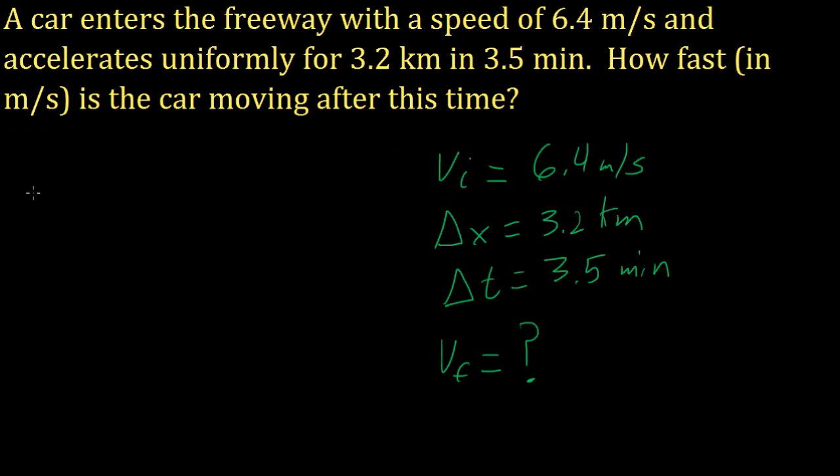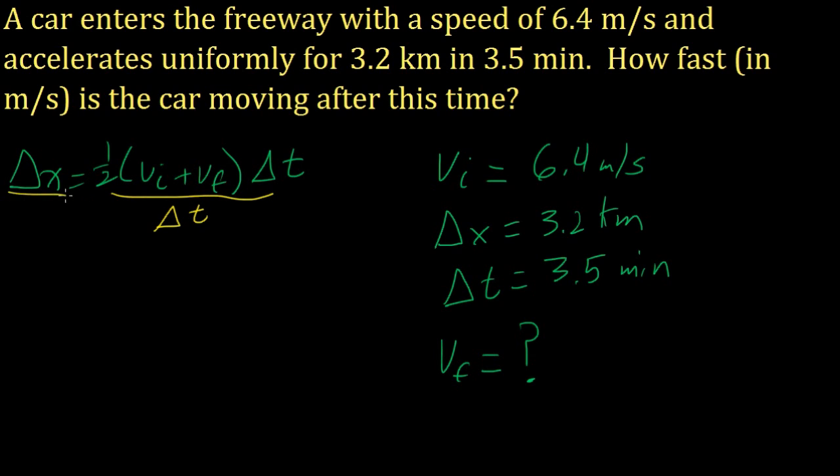Alright, great. Sounds like we can just plug in. So delta x equals 1/2 times vi plus vf times delta t. We're looking for vf, so let's solve this equation for vf. We've got to get vf by itself, which means getting everything that's not vf away from that side of the equation. I'm going to switch to yellow to do this work. So I'm going to divide both sides by delta t. Delta t cancels, so we end up with delta x over delta t equals 1/2 times